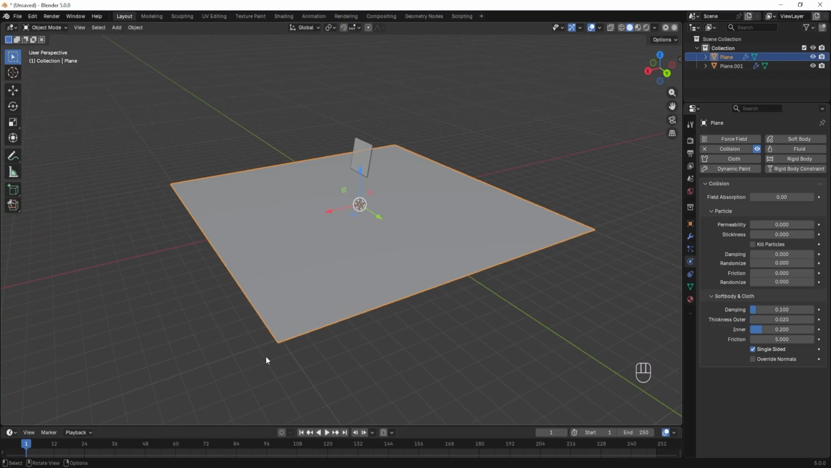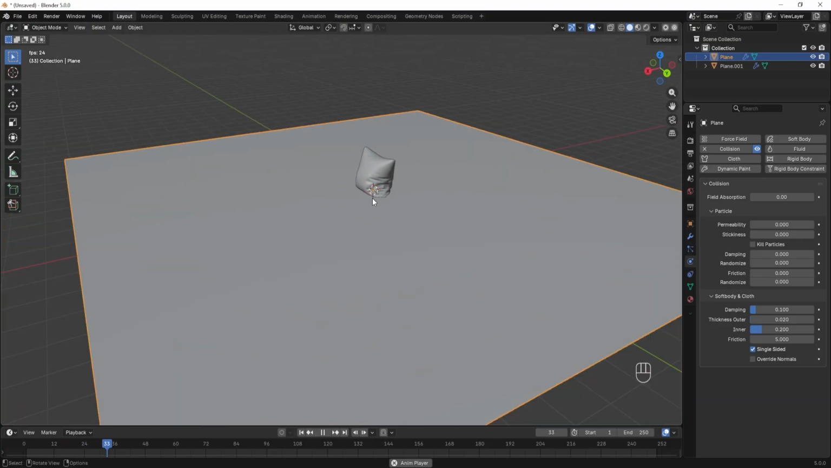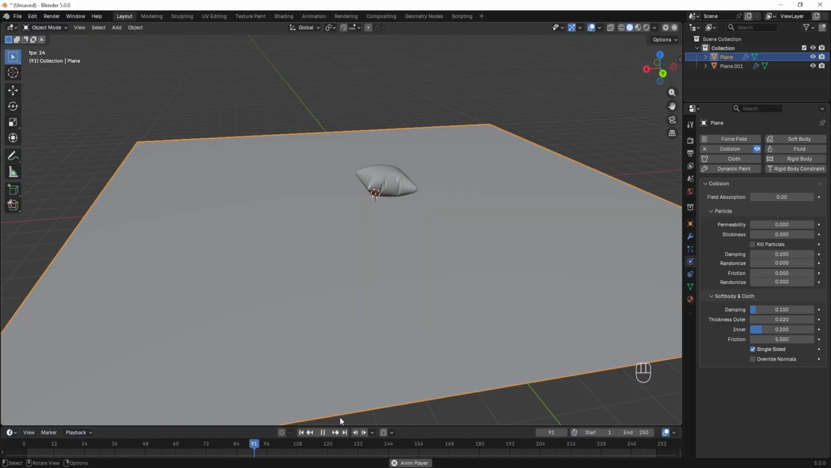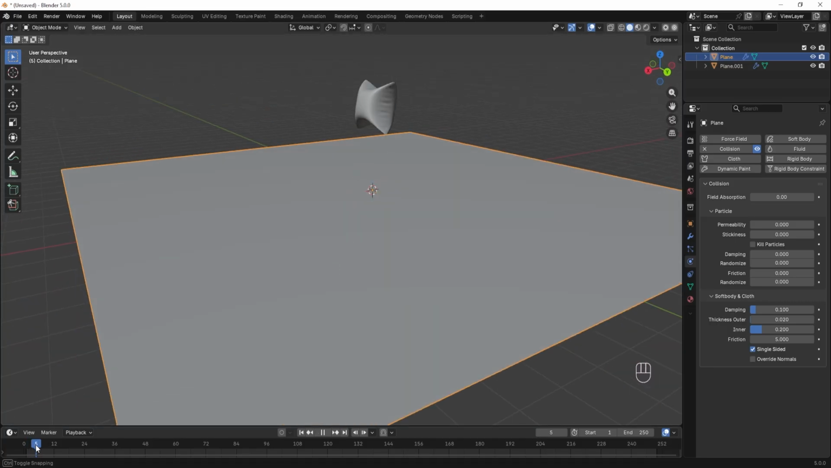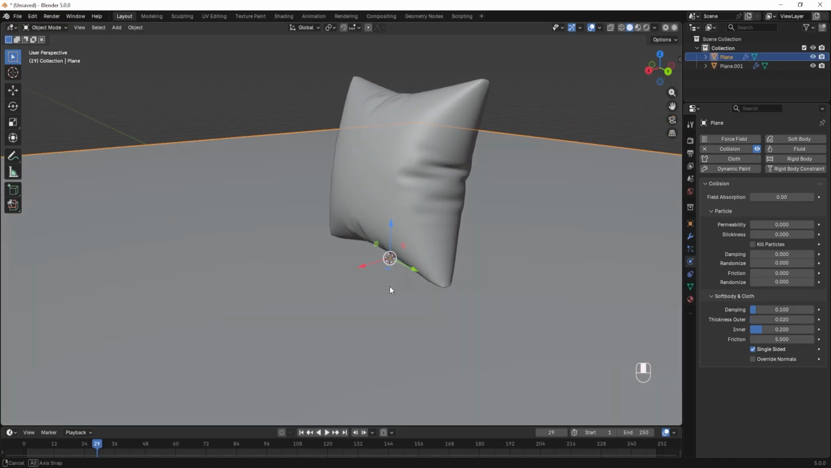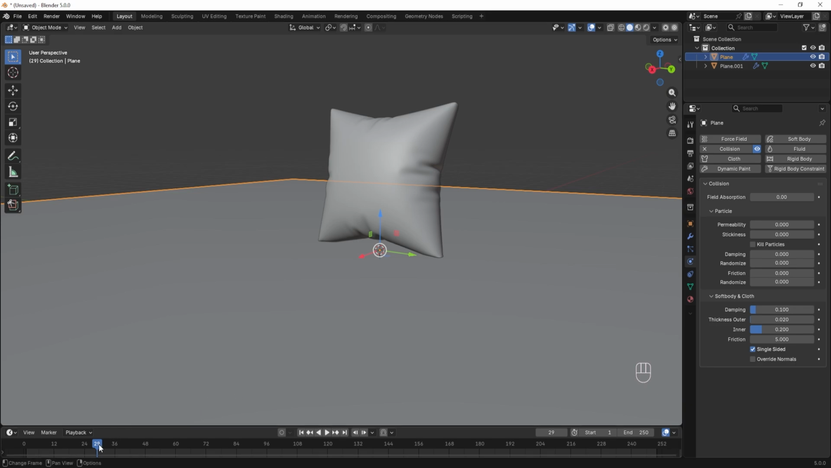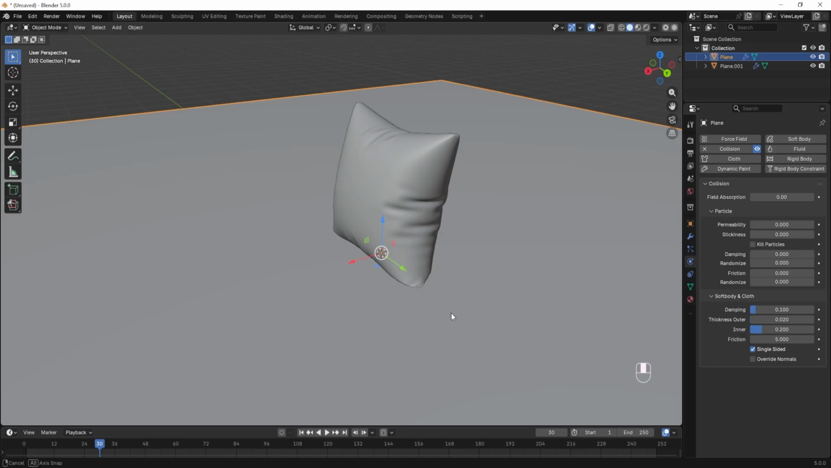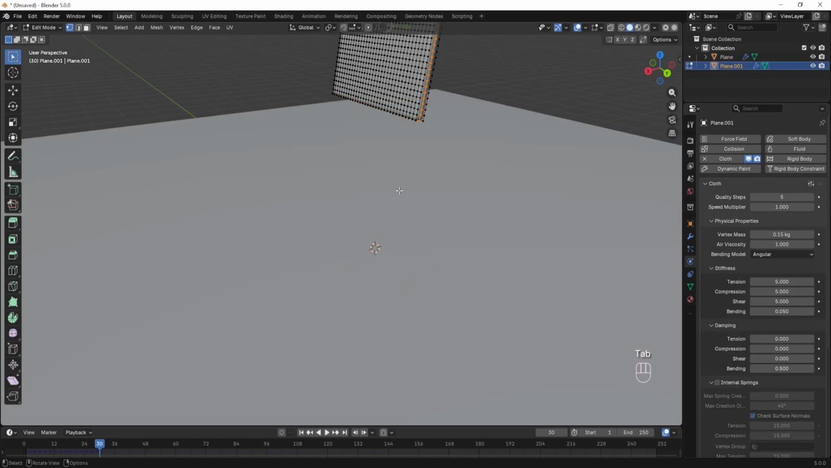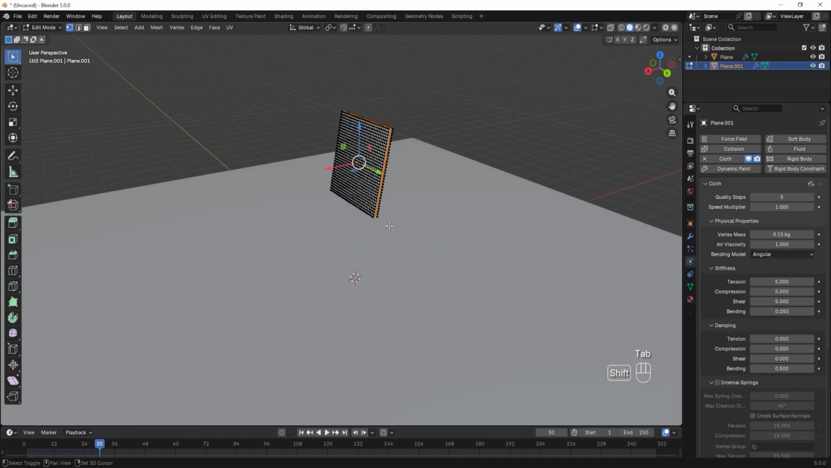Now if I press play, you can see our cushion is created. Now from here, I just bring the cushion to here, just like this. Now if I select the cushion, press Tab, and from here,